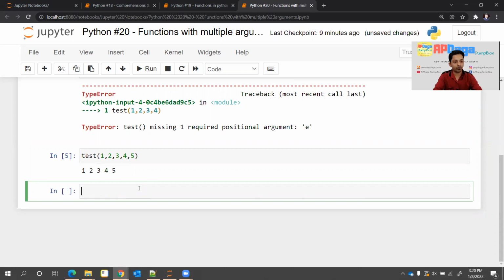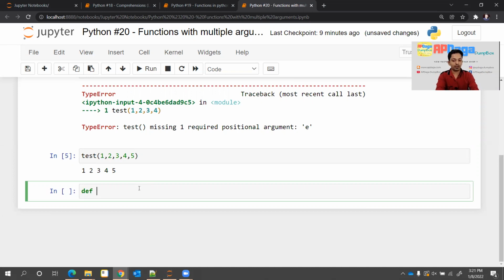Now we are talking about a new kind of argument. The main problem was I don't want to define how many variables I'll get from the user. It will depend on runtime. It might be 2, it might be 3, it might be anything. Let's say you want to take 500 arguments from the user. It is not feasible to write 500 variable names at the time of function definition, right? So for that there is a new way, and I'll show you.